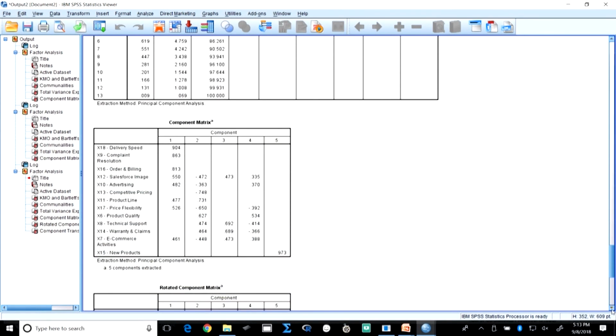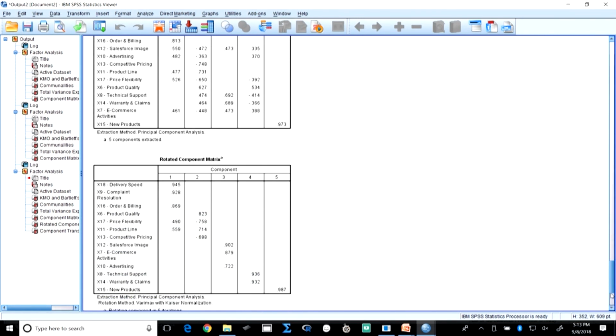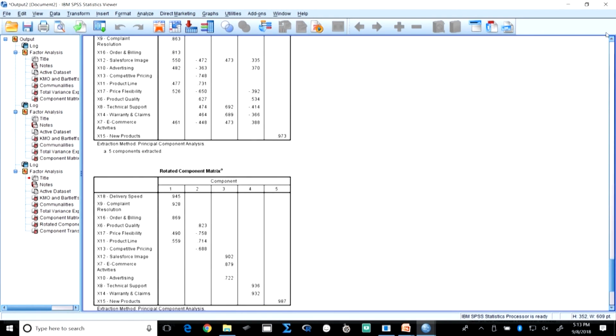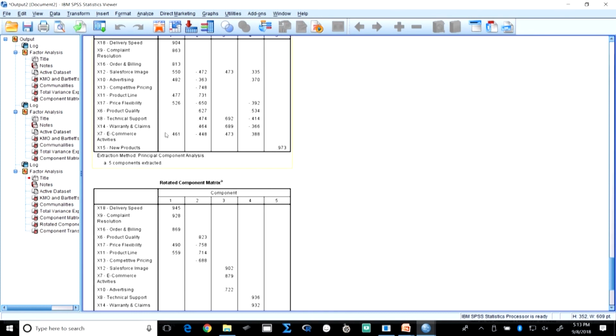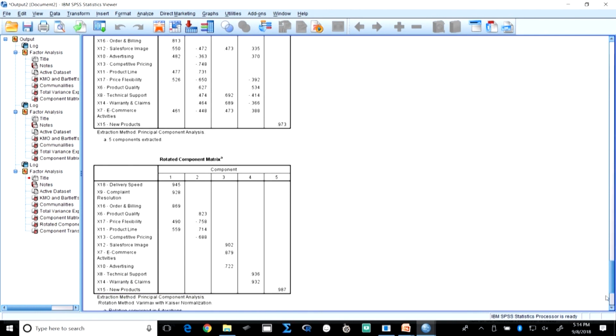So, this was the component matrix, and now let us look at the rotated component matrix. You can see there is a big change. Before, most of the variables were loading here, and there were a lot of cross loadings. Now, these cross loadings have disappeared. It is very clear: the first factor has got 1, 2, 3, 4 and 5, although there is a cross loading in this case, but it does not matter, it is much better than the earlier one. Factor 2 has got 4, factor 3 has got 4, something similar, and the last factor has got only 1.